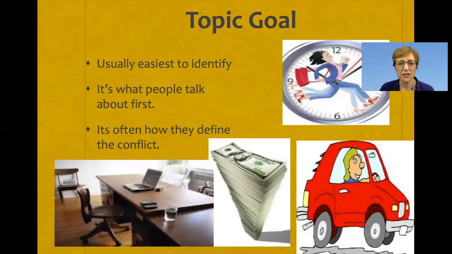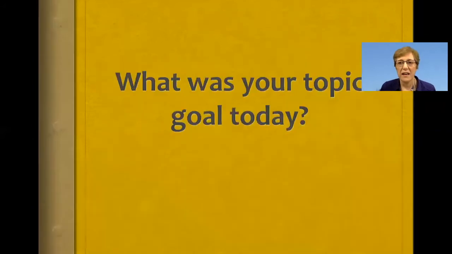So the negotiation that we did 2 weeks ago was the orange negotiation or the ugly orange negotiation, because that's how we think about it, because we're negotiating over oranges. Thinking about that topic or the conflict that I asked you to talk about, I want you to think about what were the topic goals for each of the parties in the dispute, okay? You can stop the video now, and then when you're finished with that, move on. We'll go on to the next goal.